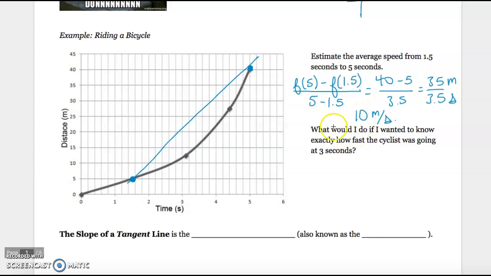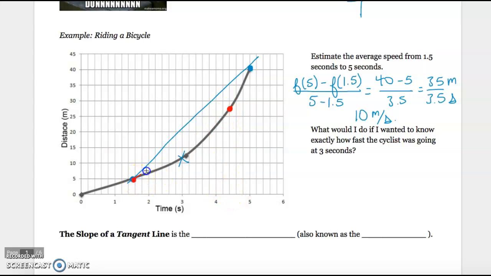What calculus helps us deal with now is, what would I do if I wanted to know exactly how fast the cyclist was going at 3 seconds? So if I wanted to know precisely at 3 seconds how fast the cyclist was going, I could estimate from my graph, right? You can kind of try to figure out, but it would always be some sort of estimate, right? Or an average speed. So I would have from like 1.5 to 5 seconds, be like, well, they're probably going about 10. If you chose points that were closer, so if I chose like 1.5 and